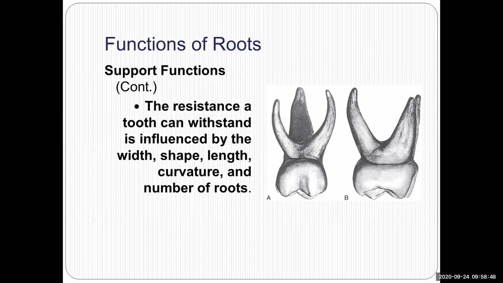So we've got two pictures here, A and B. Okay, it's actually the same tooth. This is a deciduous molar, a maxillary deciduous molar. Look how wide spread apart those roots are. And they're spread apart so wide because this is where the premolar, the permanent premolar, is housed in here. So the crown is going to be here. And as the tooth, the premolar, tries to erupt, it's going to